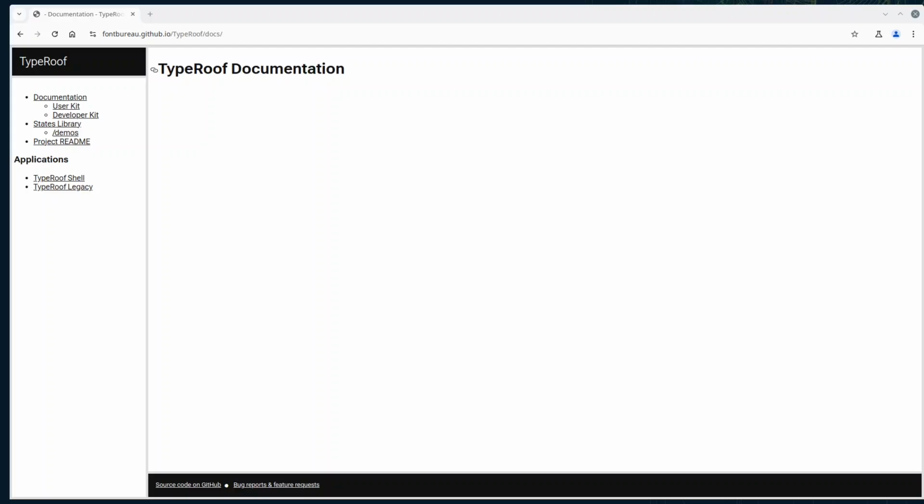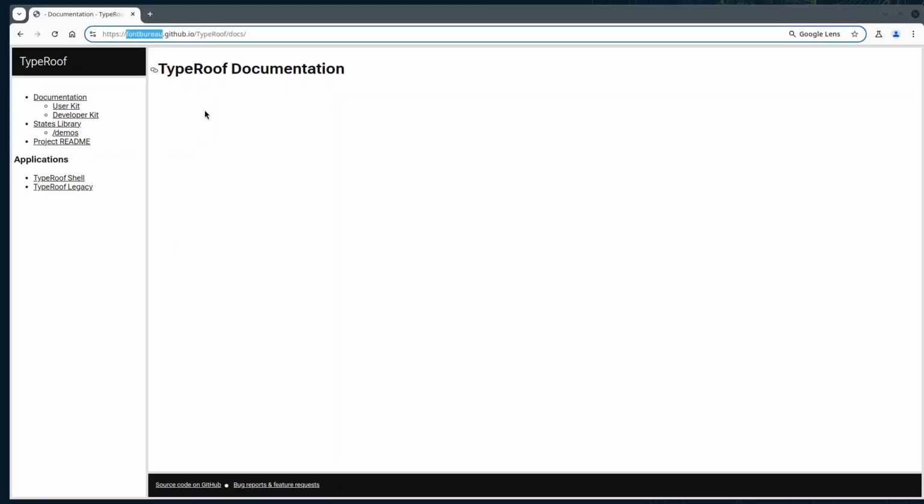For that purpose, I navigated to the website fontbureau.github.io/typeroof/docs, which is the landing page for the project documentation and which will be filled with more content by the time you arrive there. On the left side in the sidebar, we can see two links pointing to the two